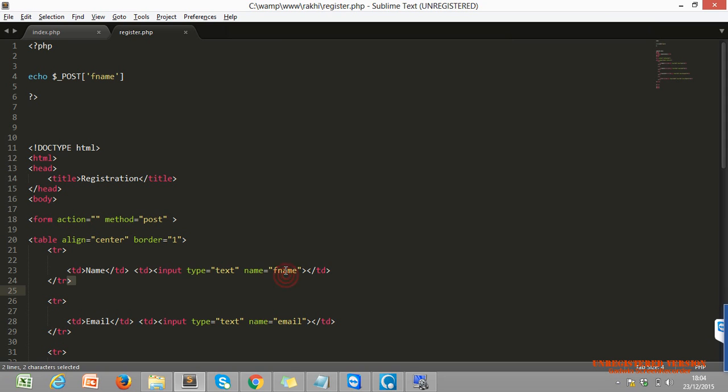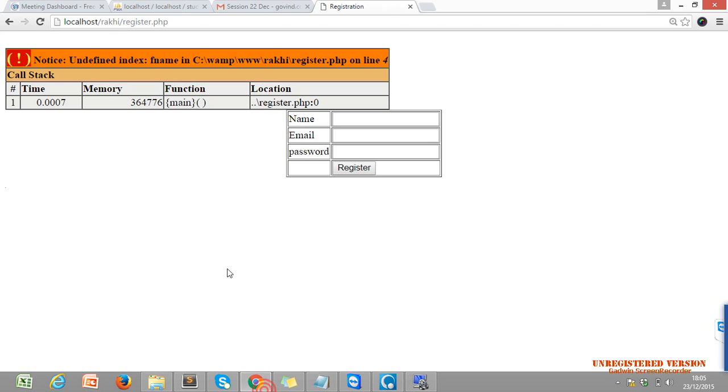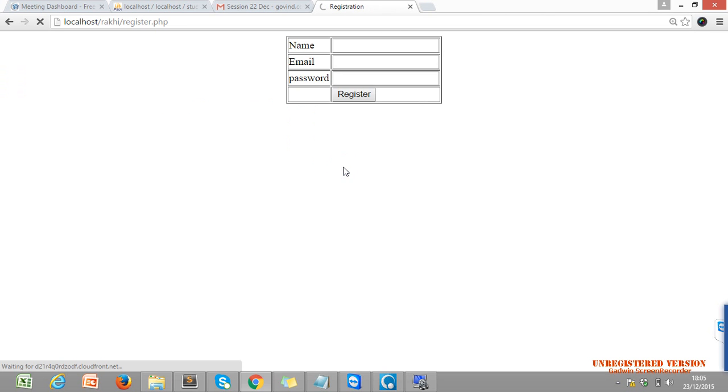The name of our text box converts to the variable, and the input text is converted to the value. So it will be sent, then we will get the variable. But we are not submitting, we are just refreshing the page, so no variable and value combination is sent. Why? Because our form is only submitted whenever we click on the register button.